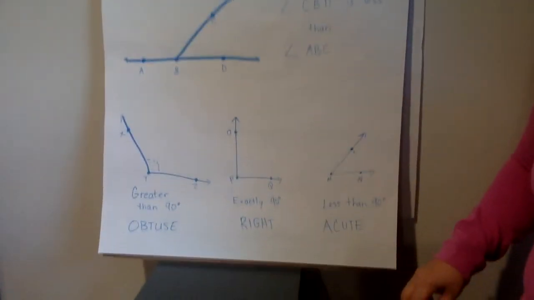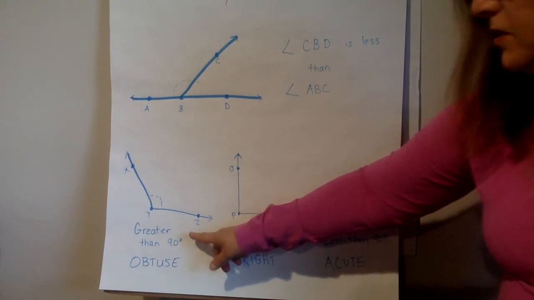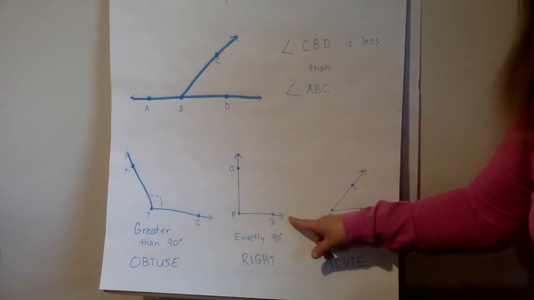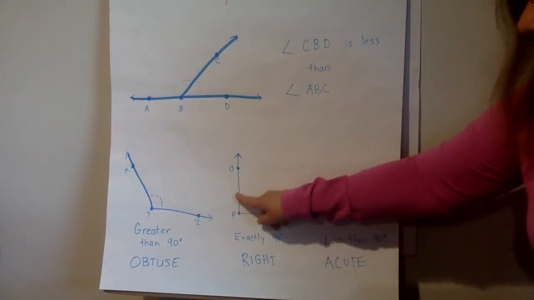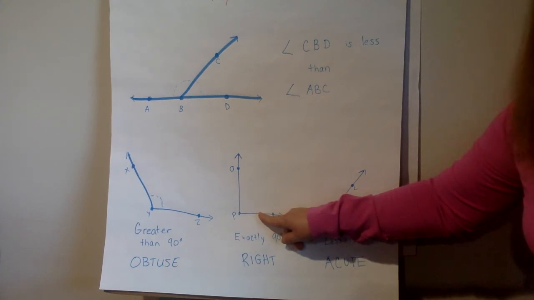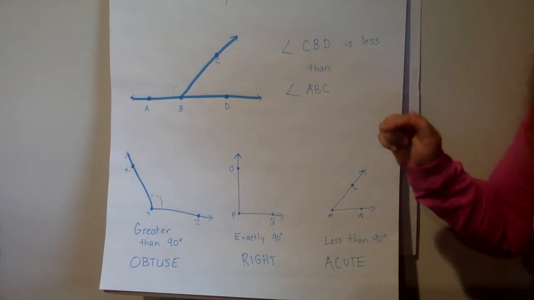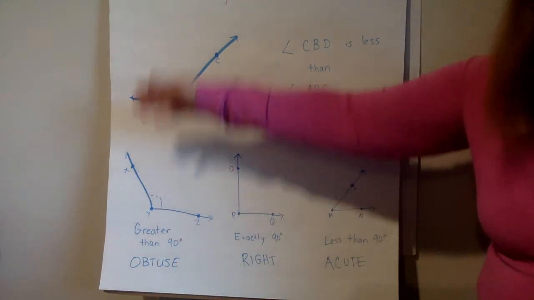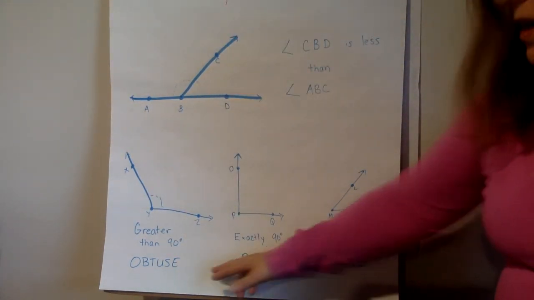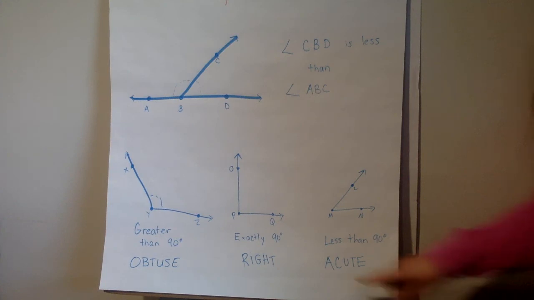So to show you an example of that, I want to show you about angles greater than 90 degrees. 90 degrees is a perfect L. If you can fit the corner of a piece of paper or a book right into the corner of this shape, then that would be a 90-degree angle. An L or a T has a 90-degree angle. It's called a right angle. Any angles that are greater than 90 degrees are called obtuse angles, and angles less than 90 degrees are called acute angles, acute little angles. So this angle would be called